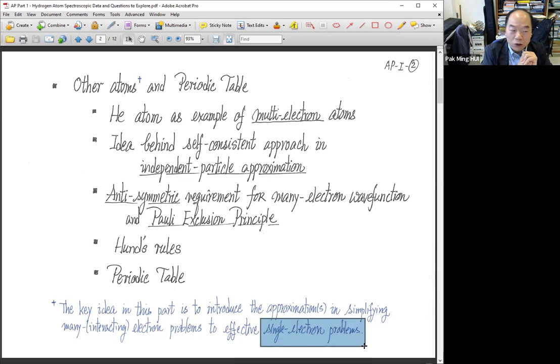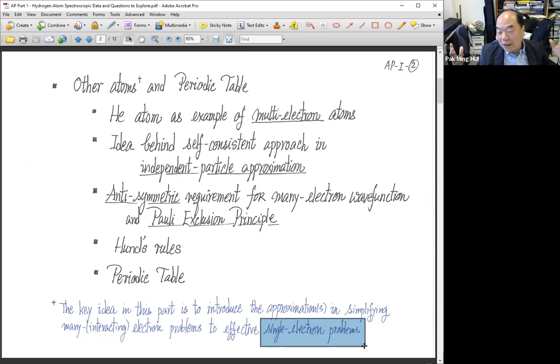We will try to reduce the helium problem into a single electron problem, a single electron living under the influence of the second electron. So pretend that it is a single electron problem. It turns out that this idea works very well. And therefore,